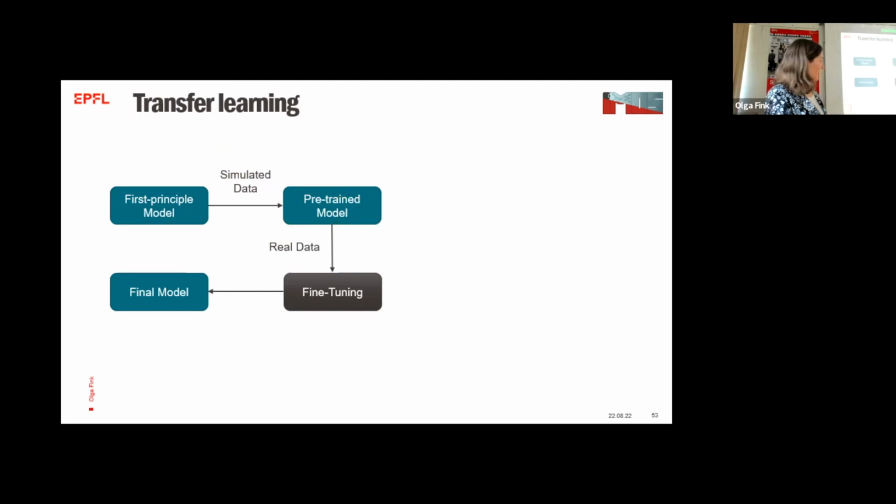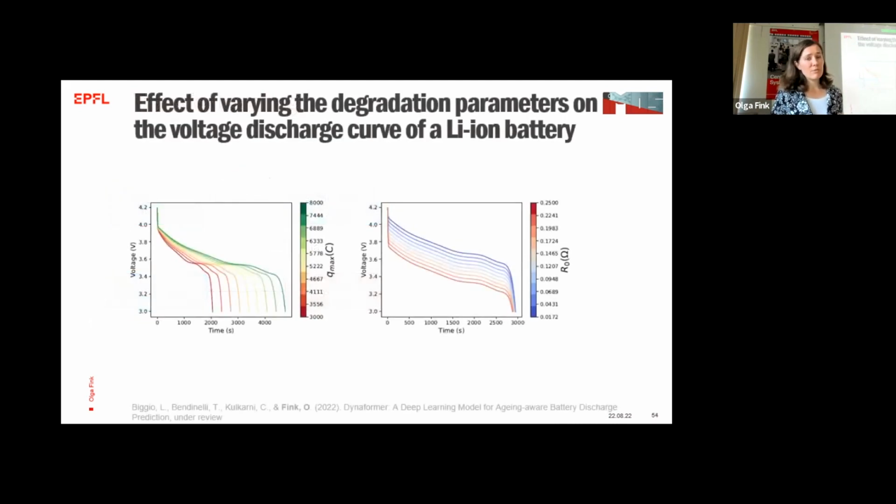So obviously we will have some parts that may not cover everything that we're interested in, and how good the first principle models are determines the performance of this pre-trained model. But what we can do afterwards is, if we have access to a small part of the real data, we can then use it to fine-tune our model and then apply it to real data afterwards. So that's the basic idea, and where we tried it on is on predicting the discharge cycle of